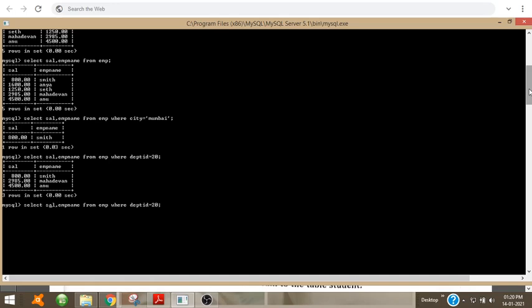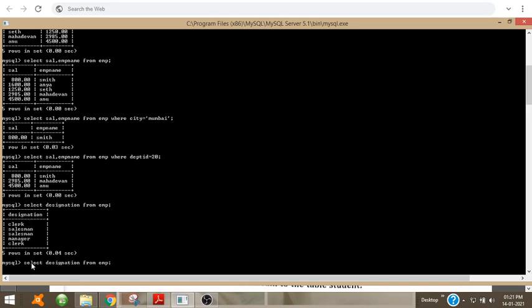inside the select statement, if I want to display the different designations of employees, I write select designation from EMP. No need of a where condition because I don't have any condition. So what happens? All the designations are displayed, that is clerk is repeated 2 times, but we don't want to see how many clerks there are or how many times it is repeated. We just want to see the different designations. So we want to see clerk, salesman and manager only one time.